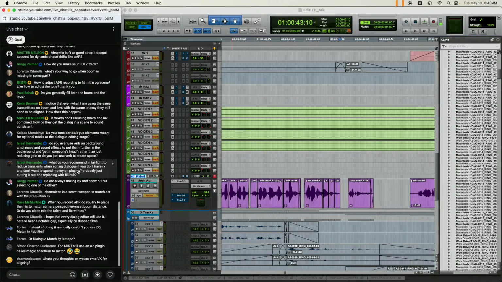Those movies still sound really good, and it's because, well, two things. One, the boom op did a great job. They cared about sound. But two, not every shot has to sound the same. A wide shot can sound a little more distant from a close-up. In fact, it probably should. If you watch Pulp Fiction, or, I mean, pick any movie from before, like, 1999, 98, 99, the shots sound like they look because the boom could only get so close. Those movies still sound great, so it's okay to have perspective. It shouldn't be flat through the whole scene. So good question.